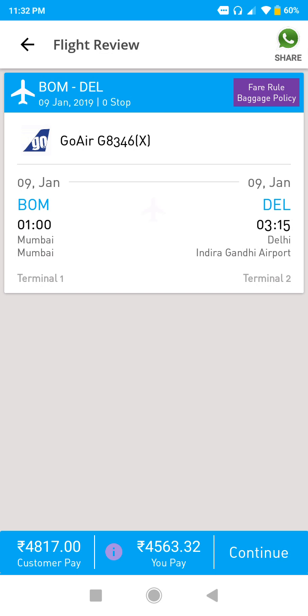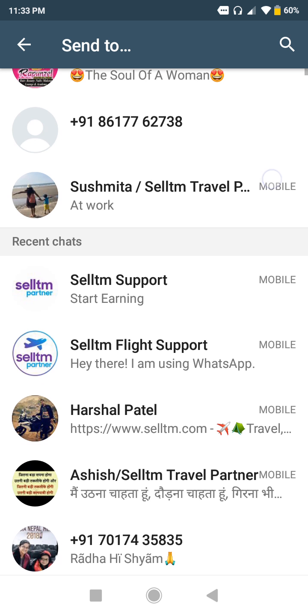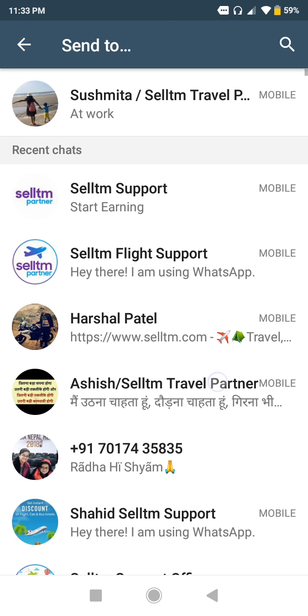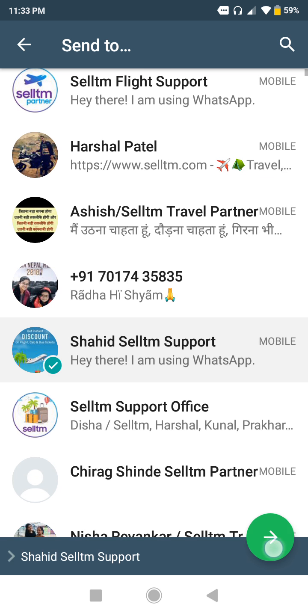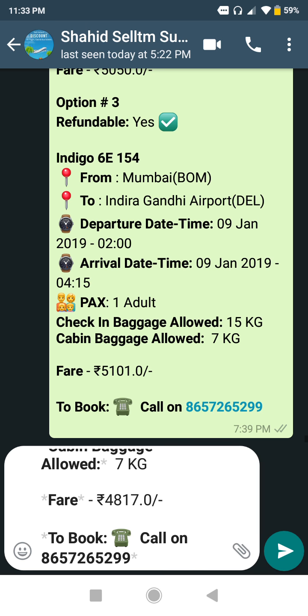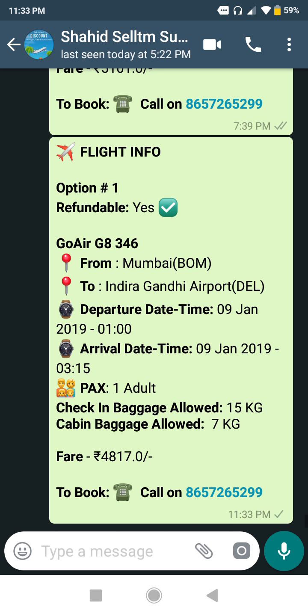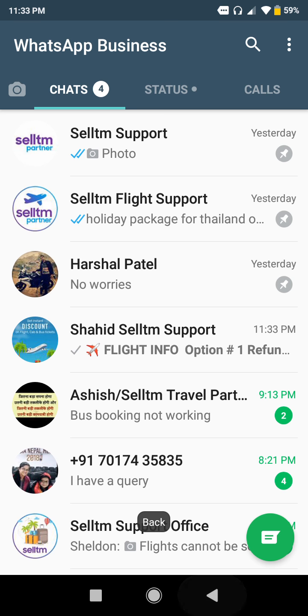Also, we can share this flight ticket with our client by just clicking on the WhatsApp logo over here in the upper right corner. I'll just show you how it will look when you share the ticket. So when you share any flight ticket search results with your friends, it will be shared like this. Now getting back to the booking process,